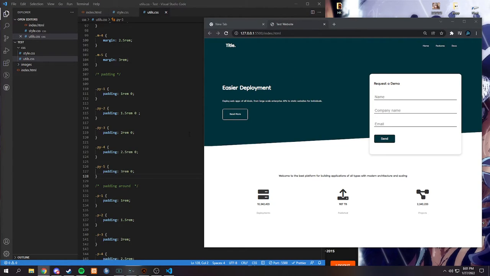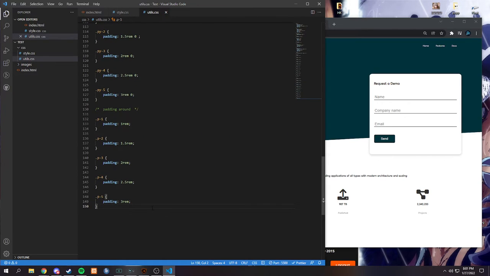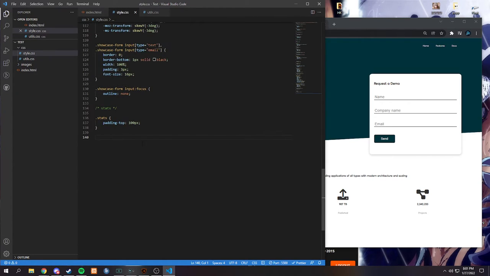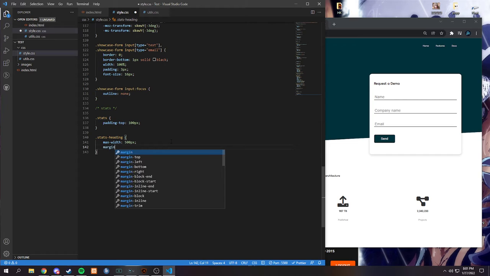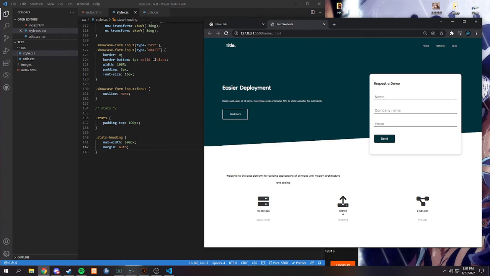We're starting off where we just came, and we're getting right into it. But this time we're going to go into styles, and we're going to do stats.heading, and add a max-width of 500 pixels, and we want it in the middle. So we're going to add a margin of auto, which should put it into the middle,